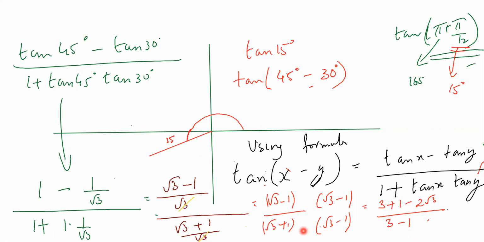So one of the doubts, is this the doubt you're having? This one? Let me just see. Yes, okay, fine. So there's nothing but rationalization. I don't want the root in the denominator part. So this is called rationalization or conjugating. Which means I just multiply with the opposite sign. Multiplying and dividing with what? This is root 3 plus 1 in the denominator, right? So I'm just putting a minus sign instead of plus. This is called rationalization or the conjugation.